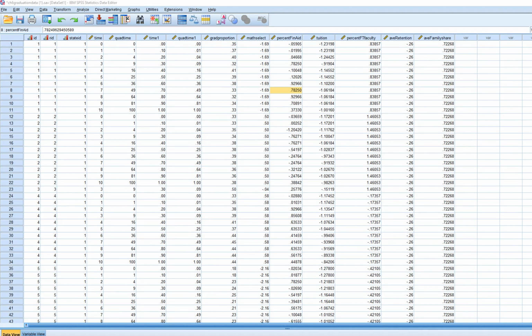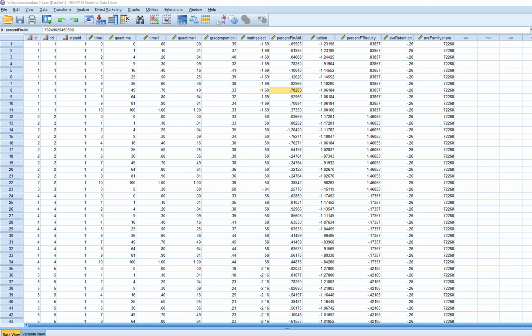Okay, in this video we're going to continue on looking at modeling cross-level interactions in the context of a three-level multi-level model with repeated measurements at level 1. In our previous video we found evidence that percentage of full-time faculty interacted with the growth curve parameter, the slope for the time predictor variable at level 1,